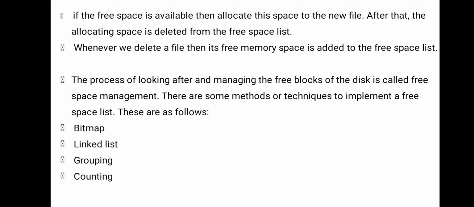The process of looking after and managing the free blocks of the disk is called free space management. When we delete files, we collect the free space and create it as a free space list. When a new file is created, we allocate the required space to it, and again show the remaining free space as the free space list. This whole process of allocating and deleting together is called free space management, the management of free space. There are some methods or techniques to implement a free space list.